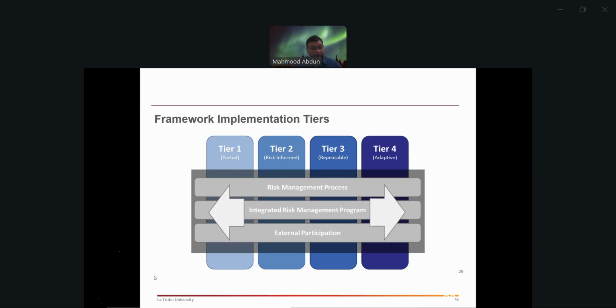In some organizations, for example, defense or government, they're actually at the highest level in the adaptive tier, because they go and hunt the attackers. They're trying to find out where the attacks are coming from and then they neutralize the attacks. So it's called offensive defense. And I think Clare O'Neil, when she was the minister in charge of cybersecurity, said that Australian cybersecurity is now at the offensive defense stage. In other words, the adaptive stage. Okay.